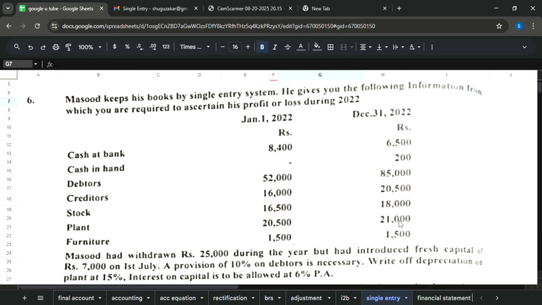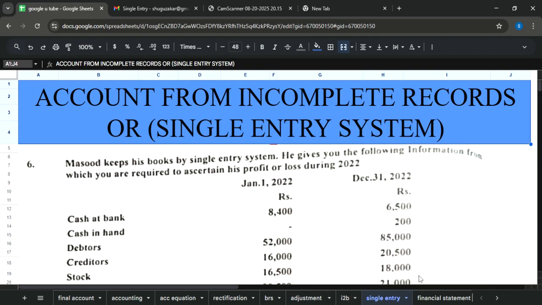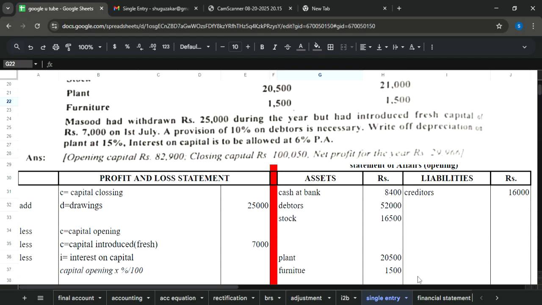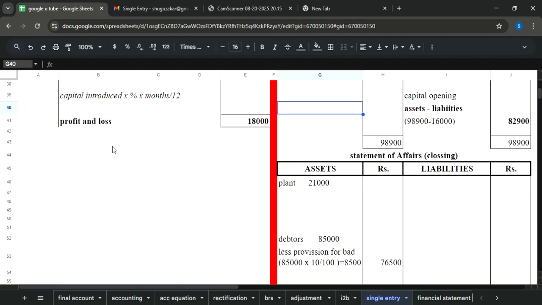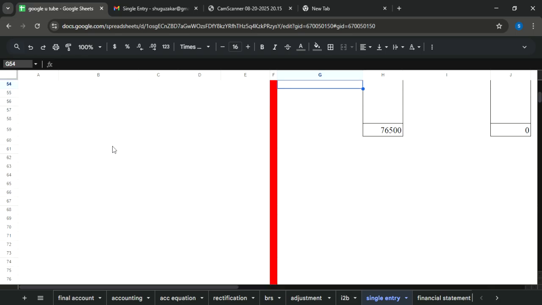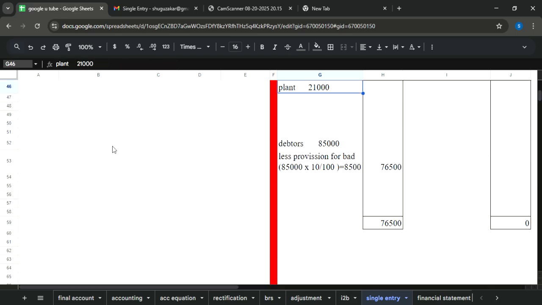So the value of plant we have seen is 21,000, and the rate of depreciation which is described over here is 15%. So you will calculate depreciation of plant